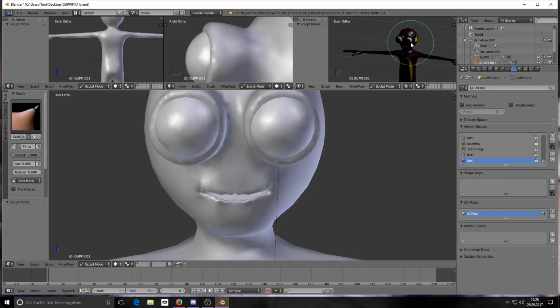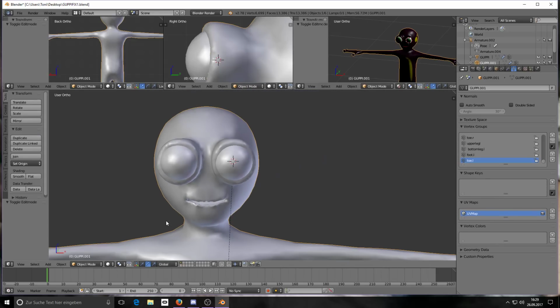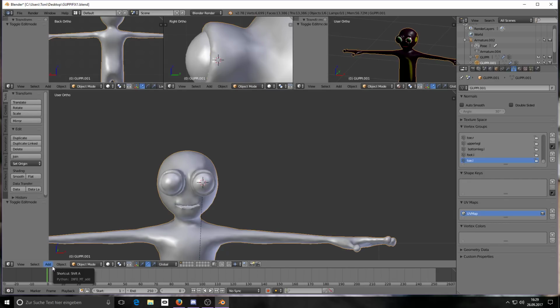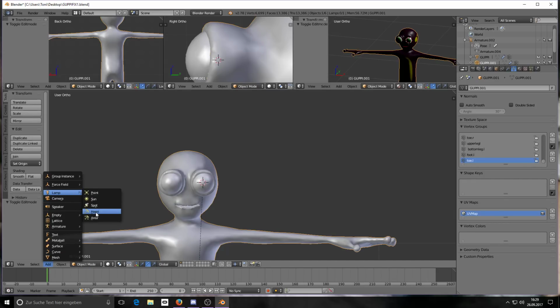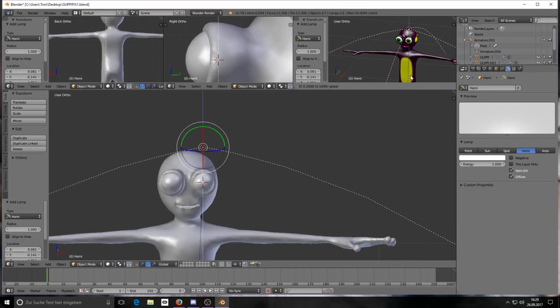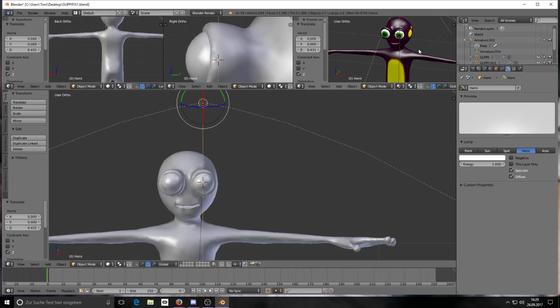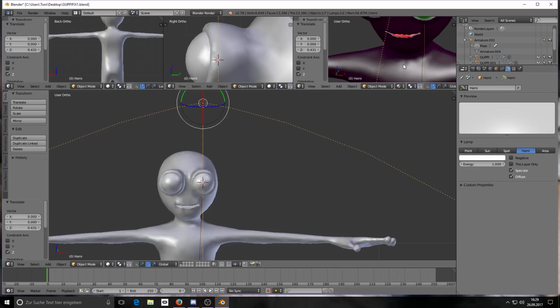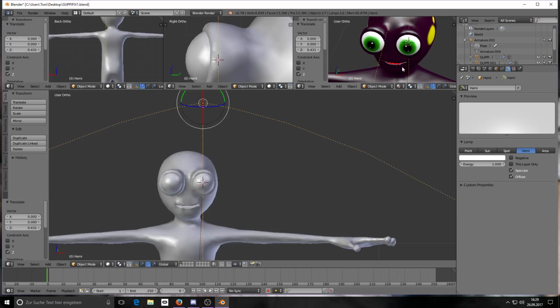If I bring back another light, let me do this for a second. Go back to object mode, add lamp, use a Hemi, and put this up a little bit. Okay, here we have the model, and you see, it's not that bad. And furthermore,